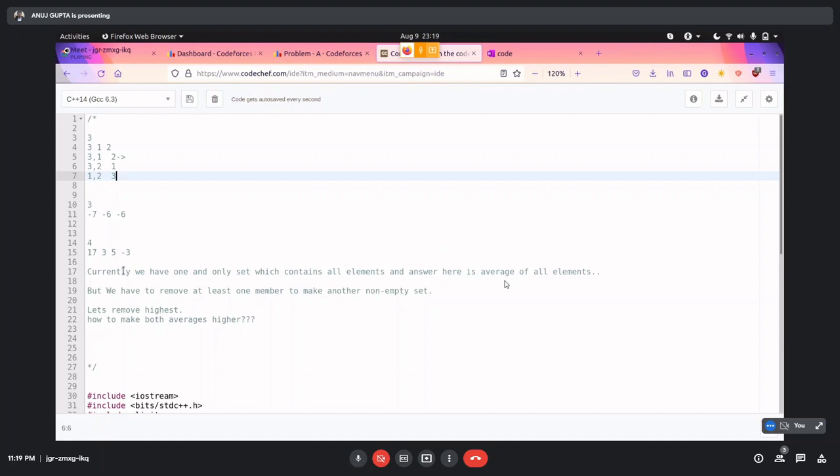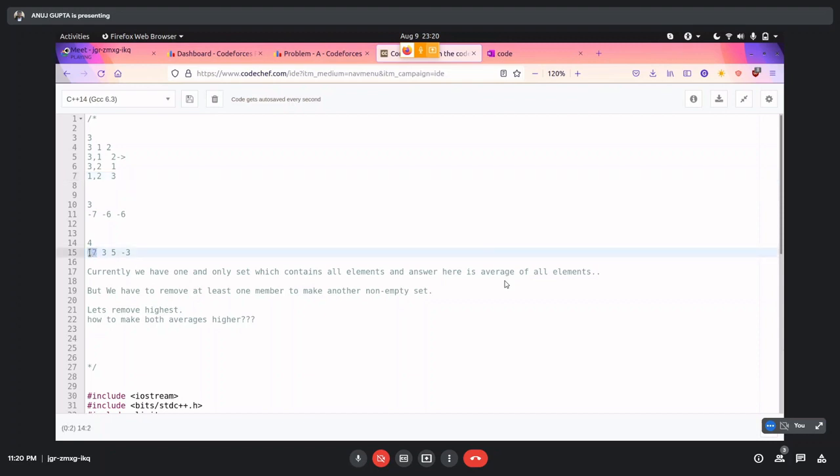So in the first case, let's say we have only one set which contains all elements, and the answer here is the average of all elements. But we have to create another set which is non-empty, so we have to remove at least one member. Let's take a case where we remove the highest element.